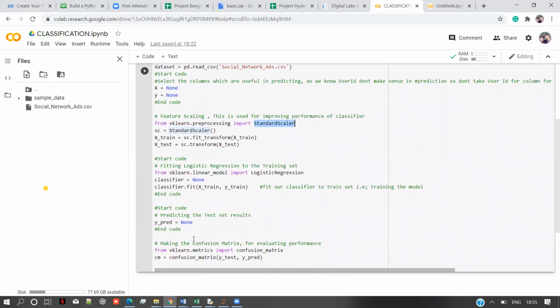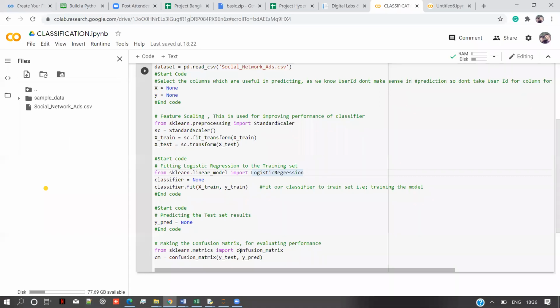Sir? Hello? Yeah. How will I know this is the right variable? Yeah, while brute forcing, we first use logistic regression. Then you'll find a confusion matrix. The confusion matrix is called evaluation of performance. For evaluating the performance, we use the confusion matrix, and there are so many evaluation metrics for machine learning.